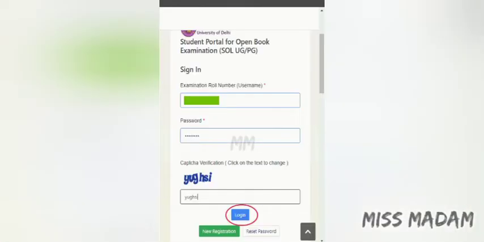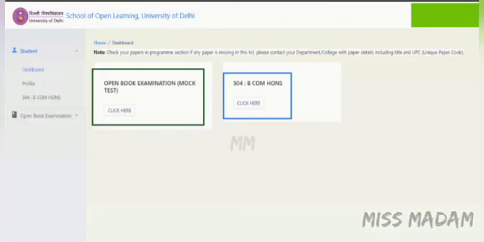You can see the green tick. You can log in now. You have to log in to check whether the details you have filled are correct or not. You will fill in your examination roll number and password here and log in. After login, if you want to give a mock test, you can appear in your mock test. And for your examination, that is BCom Honors, it is going to be activated at the time of your examination.